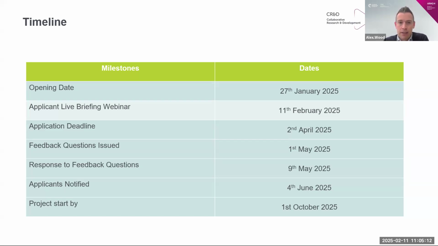application process here. So as you can see, following submission of your application, the assessors will be able to formally ask feedback questions, and these will be issued by the 1st of May. These further questions are in response to your written submission. You'll be provided details on how to respond at this stage, and the purpose of these questions is to allow the assessor panel the opportunity to ask for further information or clarity around your application before submitting